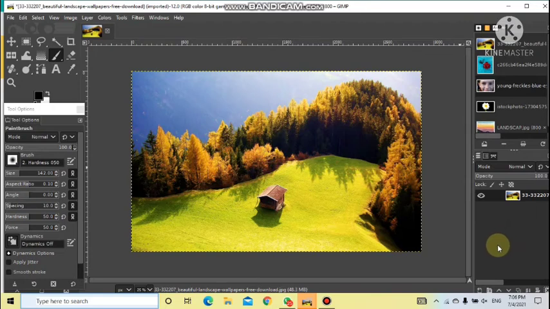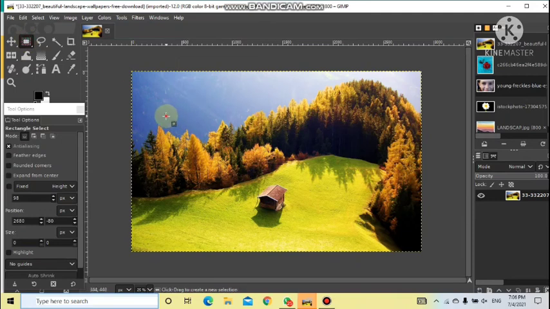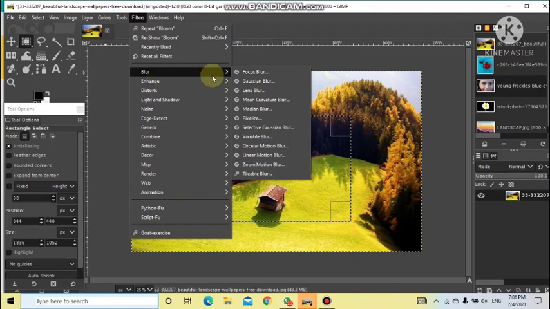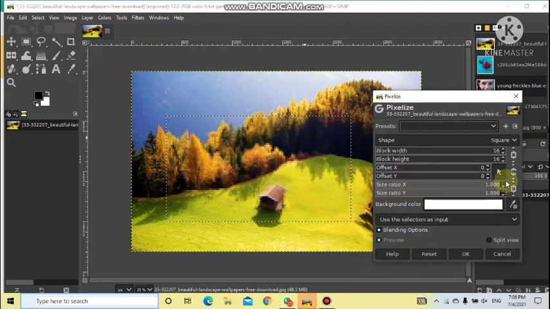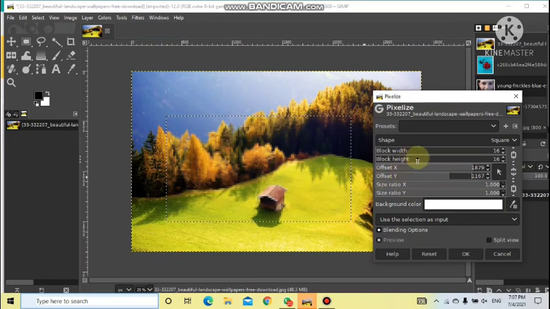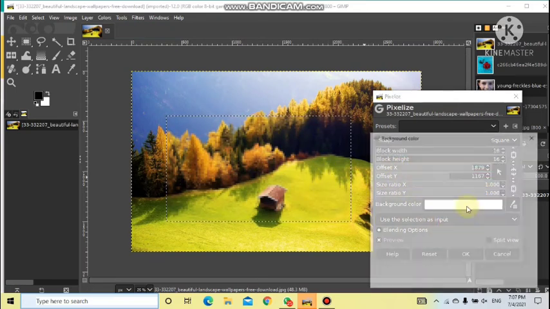Next is applying filters. For applying filters, you just select the filters. If you remember, different types of effects can be applied to part of the image. For that, first you make the selection, suppose this part. Now go to filters and all the options are there. Suppose I want to pixelize it, the options will appear. You just increase the ratio, it is already increased. Whatever changes you make, the effect will be there in the preview part, as you can see. So this can be done from there.